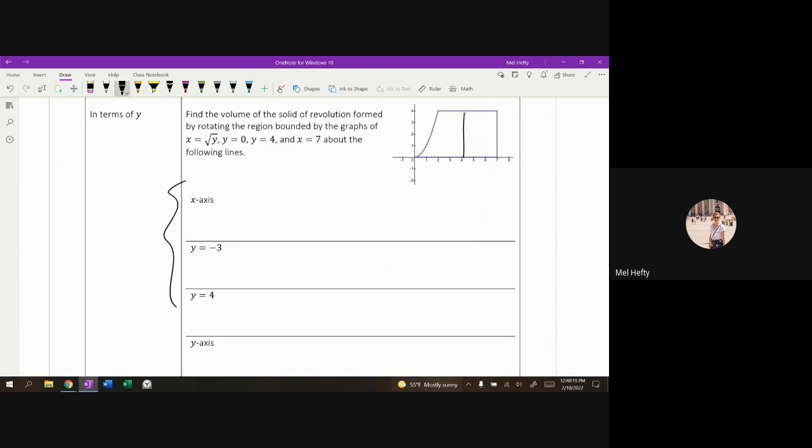That means I could rotate like this. That looks fine until I realize I've got two different sections going on here. One section would be guided by our y equals x squared, or x equals square root of y, and one section would be guided by y equals 4. Personally, I like to avoid setting up two different integrals because that just feels like an invitation for mistakes. So I would like to try to use